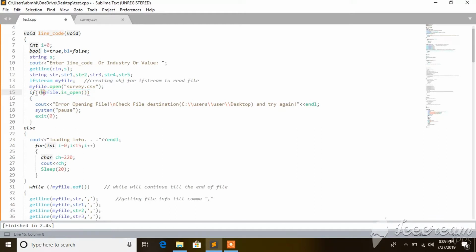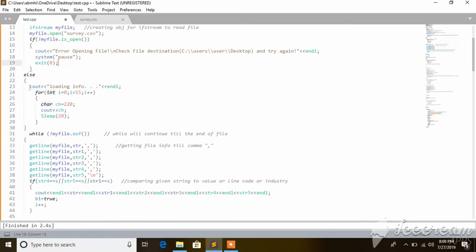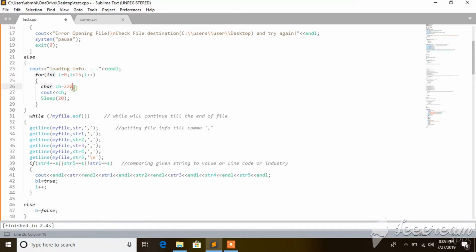আর যদি ফাইলটা ওপেন না হয় তাহলে আমরা একটা এরর শো করছি, যাতে ইজ মাই ফাইল ডট ইজ ওপেন একটা বুলিয়ান ভ্যালু দিবে। সেই বুলিয়ান ভ্যালুটা যদি ফলস হয়, নট মাই ফাইল, তাহলে আমাদের ইফে যাবে এবং এরর শো করবে। এররের জন্য ফাইল ডেস্টিনেশন দিয়ে দিছি, এরর শো করে ফাংশন টার্মিনেট করে দিবে। আর যদি মাই ফাইল ওপেন হয় তাহলে প্রথমে